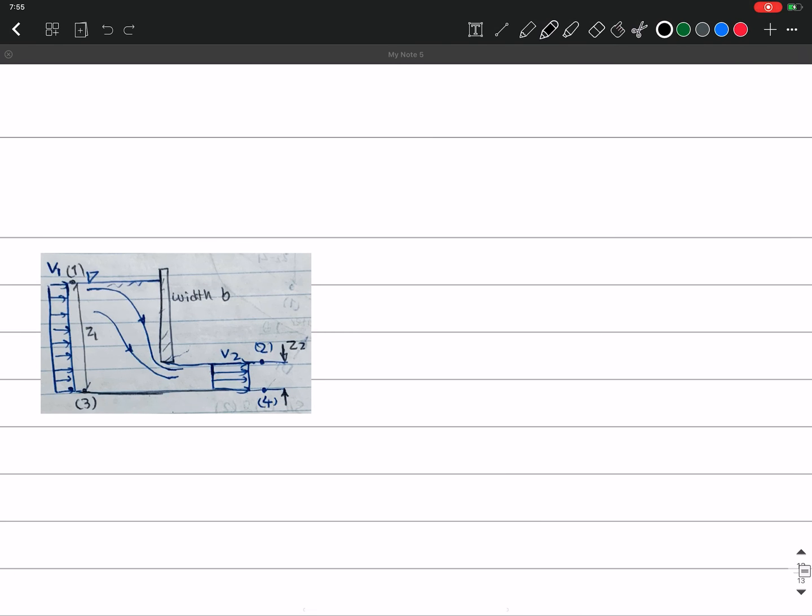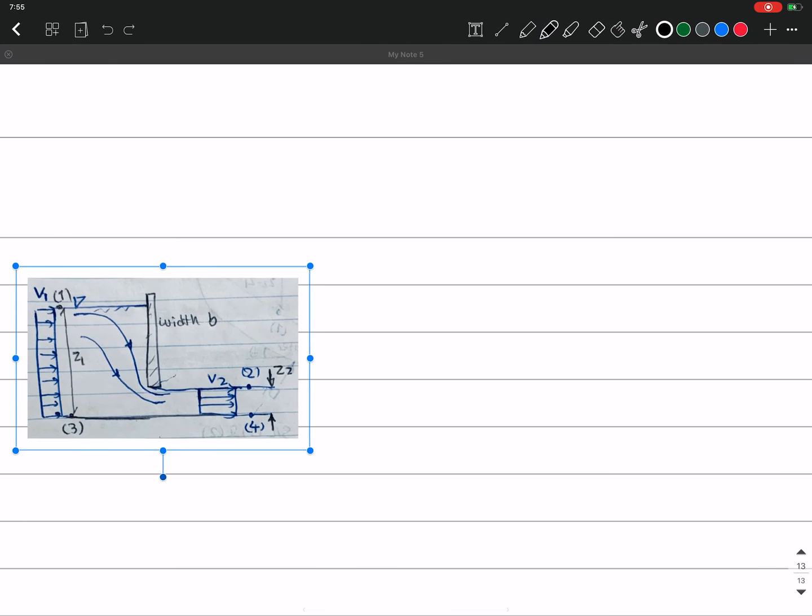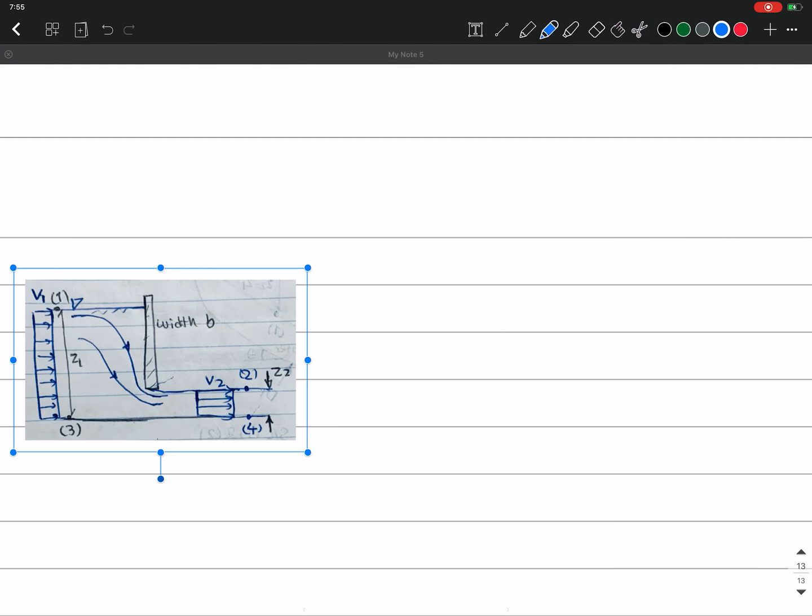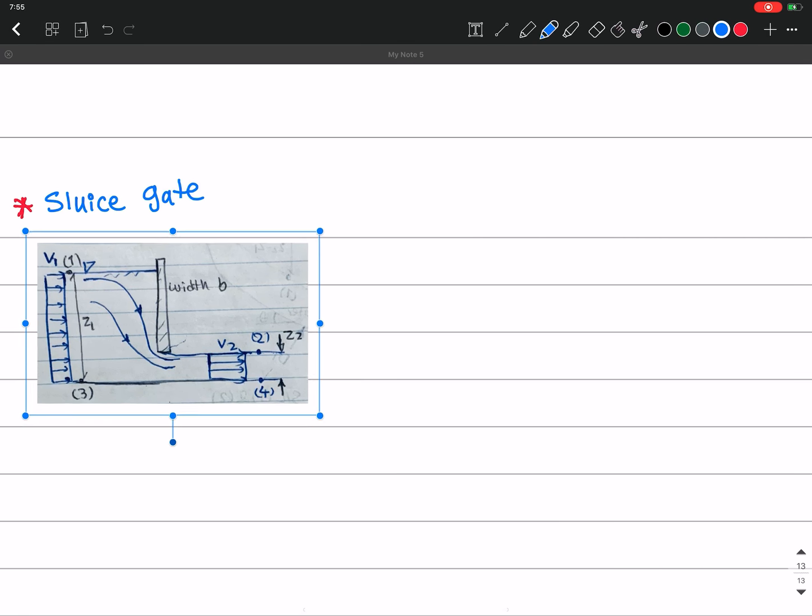So this was the last example of this chapter, and now I want to introduce some important physical applications of this Bernoulli equation that we use especially in engineering designs to solve some examples and some problems. Okay, one of them is slice gate, which is shown here. Okay,